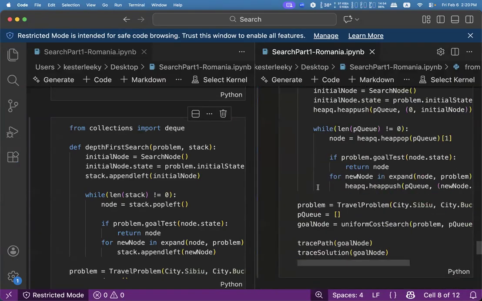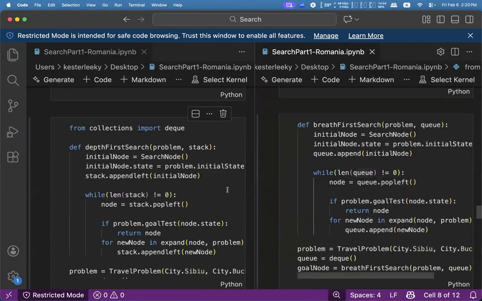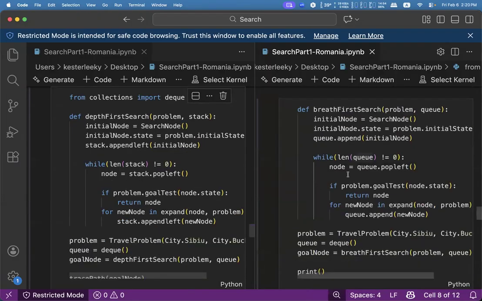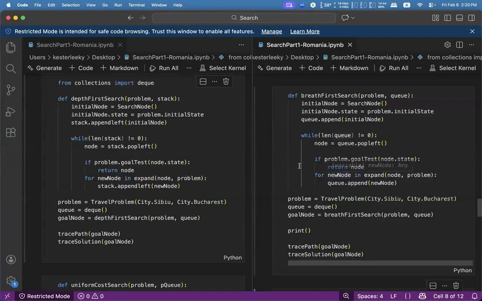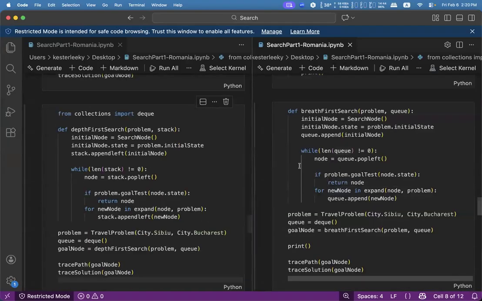When I put them side by side, the mere difference is one is a stack, one is a queue. In depth first search, the stack is the fringe, and for breadth first search, the queue is the fringe.